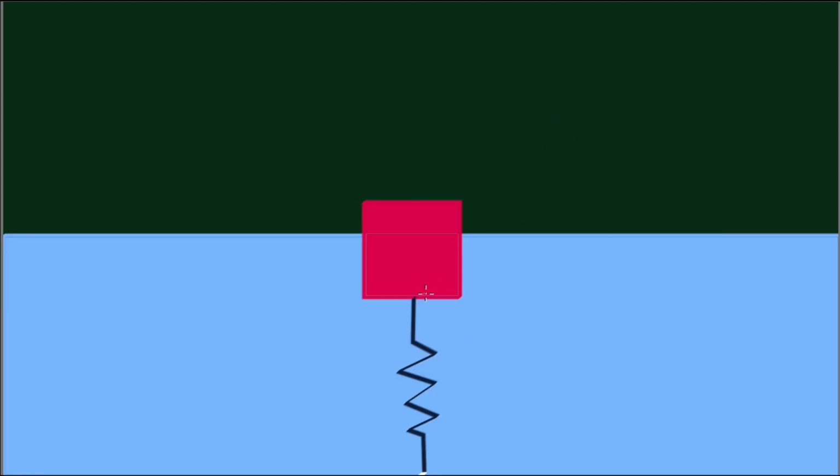Let's look at the forces acting on the block. First, there is the buoyancy. Next, there is the weight of the block. And thirdly, there is the force exerted by the stretched spring. Let's write down each of these forces. The buoyancy